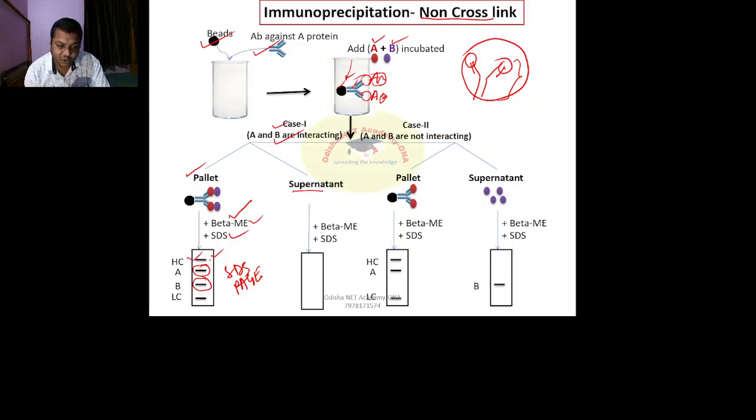That's why you can get heavy chain and light chain. These are the proteins of the antibody. So ignore that one, but focus on the A and B bands. If on the pellet side you are getting an A band and a B band, then definitely you can say A and B are interacting. And you can cross-check your result by treating the supernatant and running it through